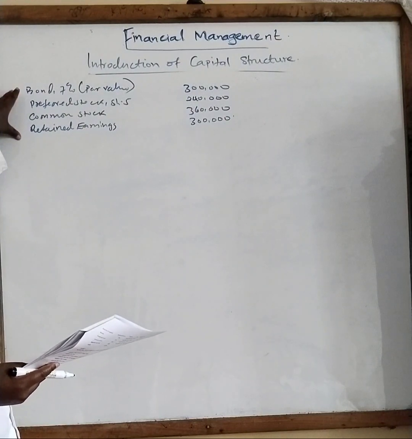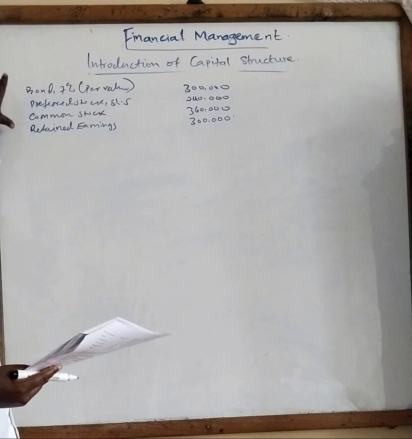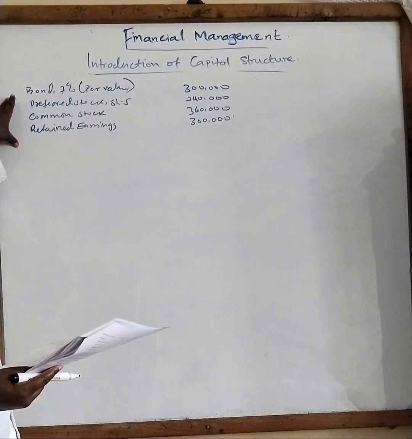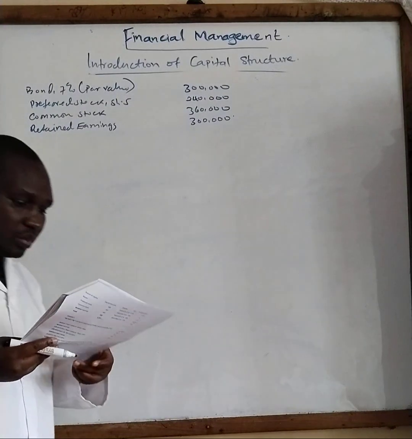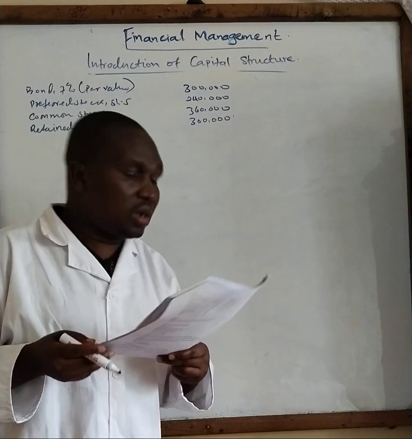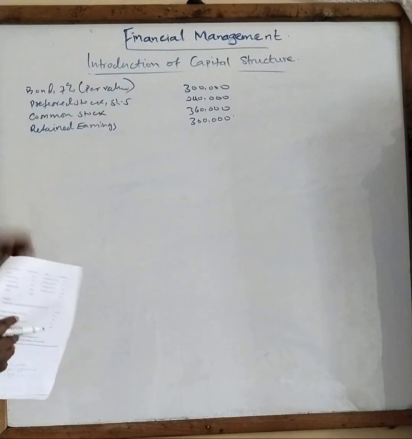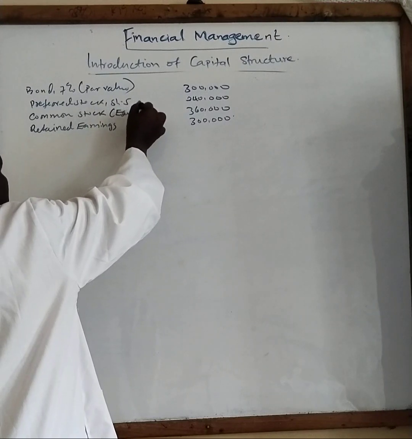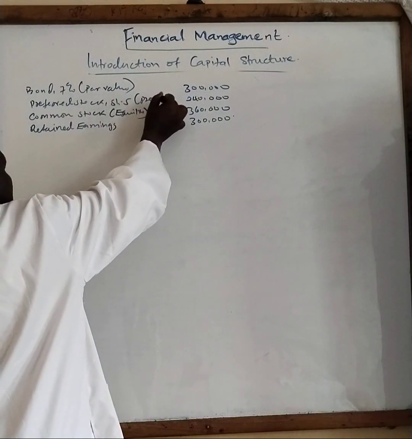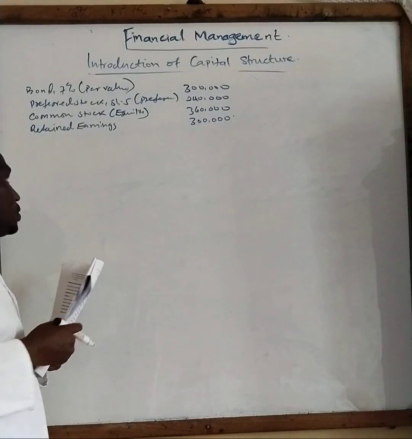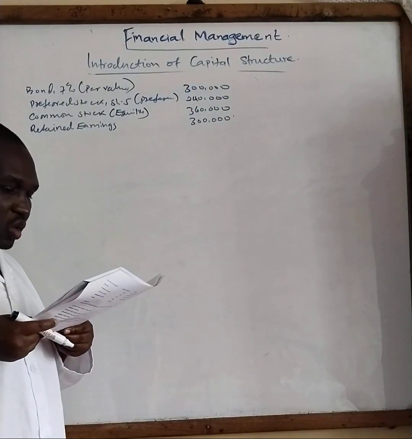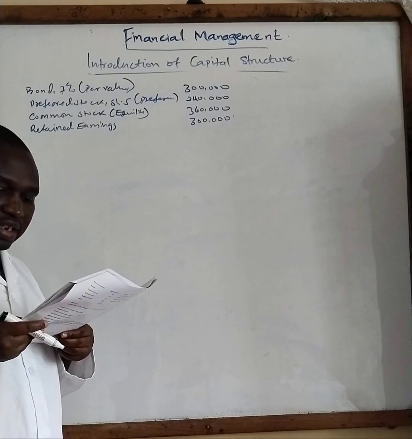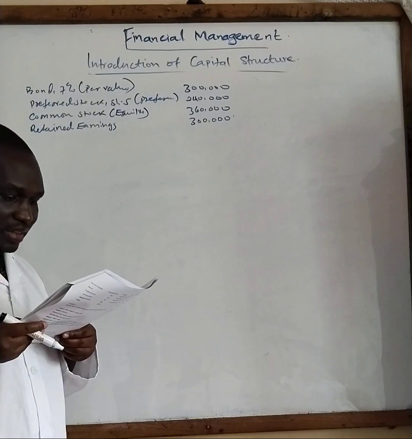So therefore, what is this? This is the capital structure that exists now. Let's see whether there will be any additional capital to this particular capital structure. Dividends on common stock. First of all, common stock is the same as equity, right? And this one is preference. Just understand that. The dividend on common stock are currently 3 shillings per share and are expected to grow at a constant rate of 6%.